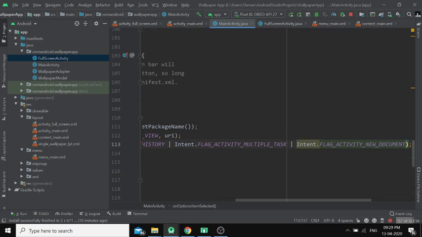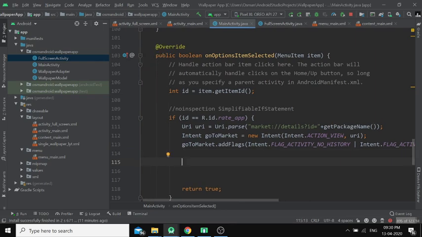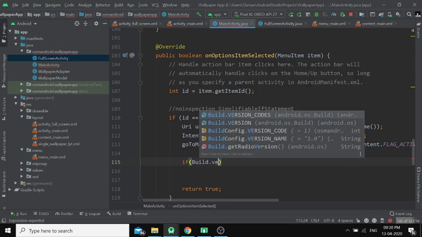So what we can do is move this from here. We can surround it in an if statement, if Build.VERSION.SDK_INT